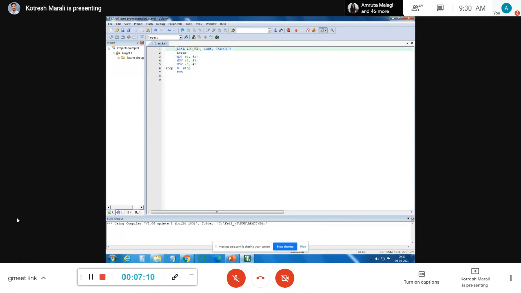This is the first time that you are seeing AREA, and while writing the program, make sure that you do not start from this position. If you start from this position, it will give an error, because the first space is going to be allocated. It has its own syntax because we are writing assembly level language.